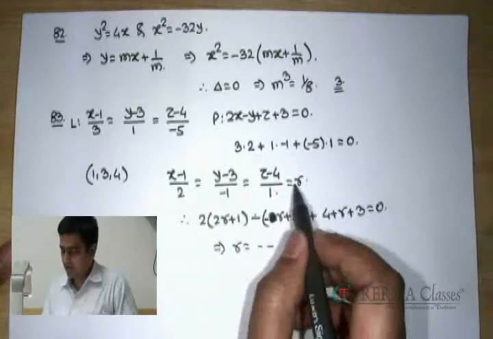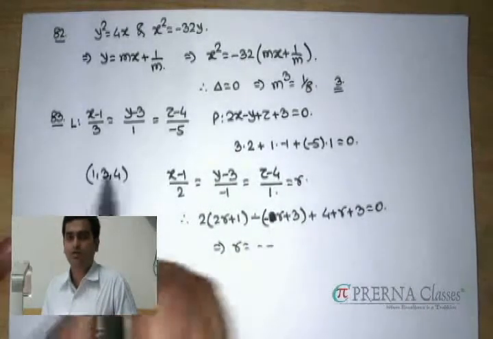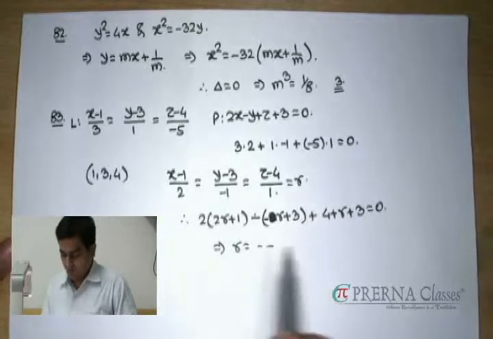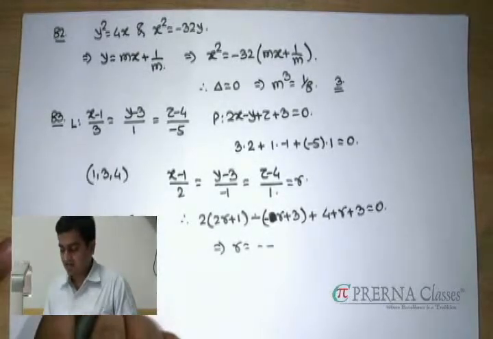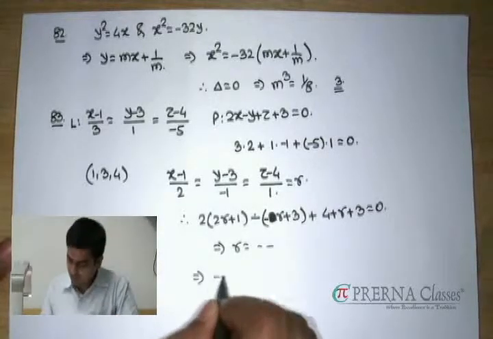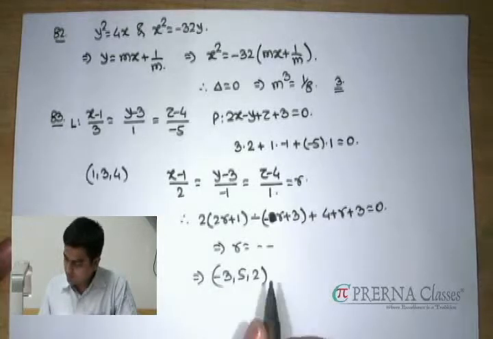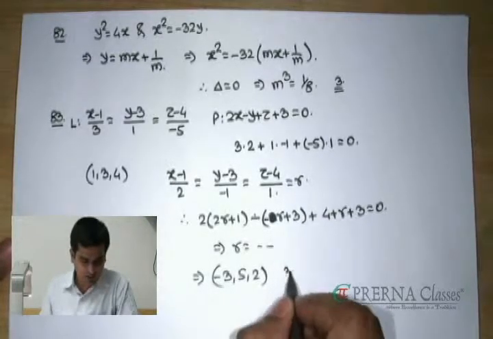once you figure out this r and substitute it, you will end up getting the foot of the perpendicular. All you need to do then is look for a coordinate whose midpoint is this answer with respect to this and the image. If you do that, you will find that that coordinate turns out to be this, which is present only in option 3.